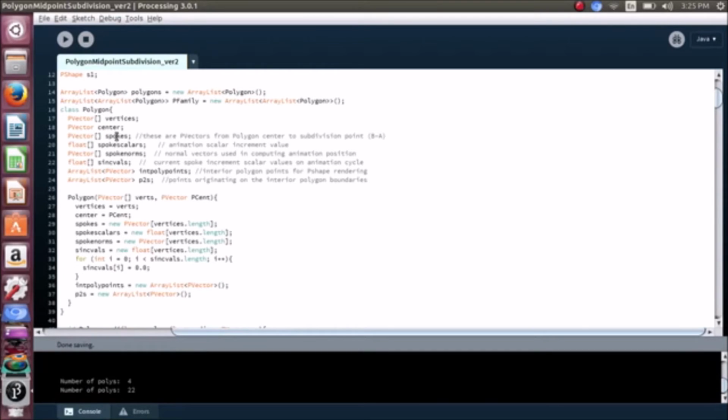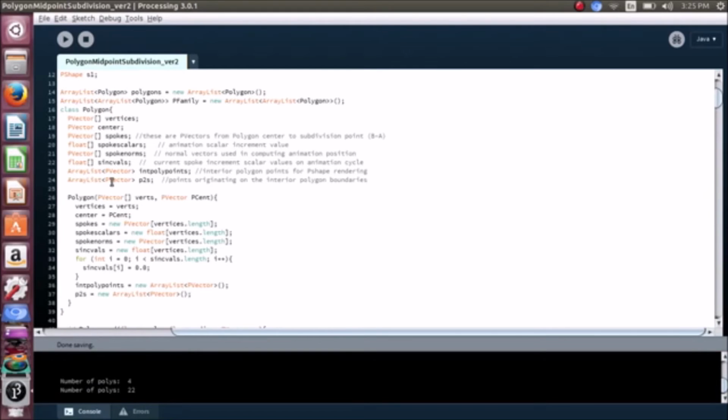In this case, I've created a class object container called Polygon, which includes the vertices. We can see there's a variable declared down there that's a p-vector array, which is kind of like an XYZ vector given from some standard point of origin